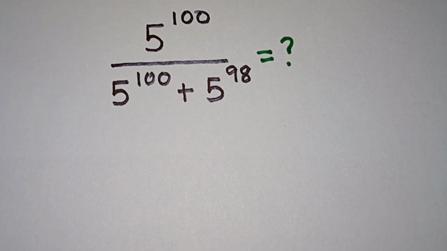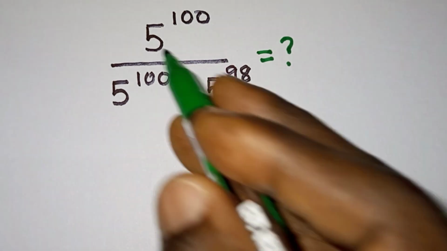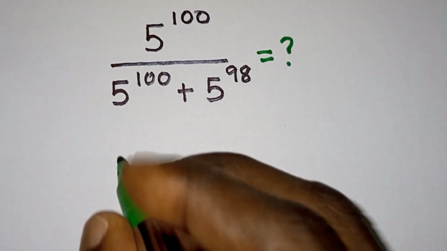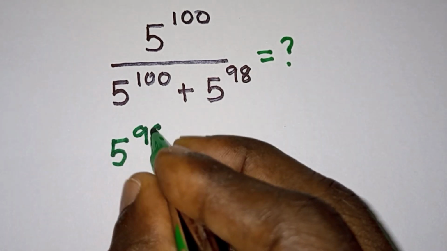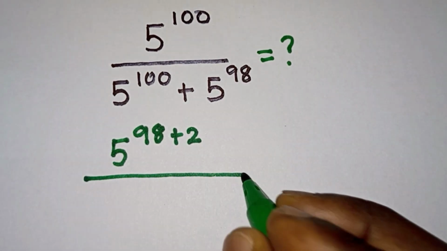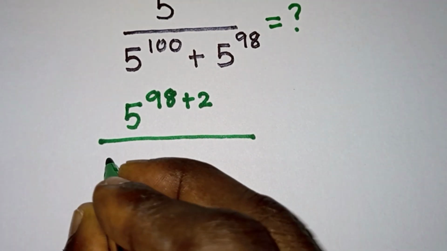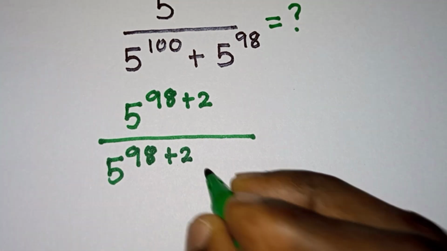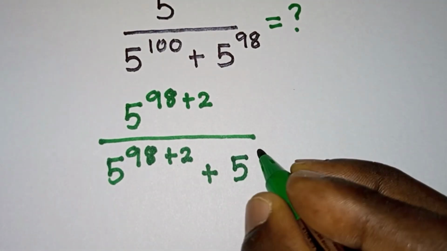Now let's get started. Because we have 5 to the power 98 over here, we can write this one in terms of this, right? So 5 to the power 100 could be written as 5 to the power 98 plus 2, then divided by, we have the exact same thing here. So we're going to have 5 to the power 98 plus 2, then plus what we have here, which is 5 to the power